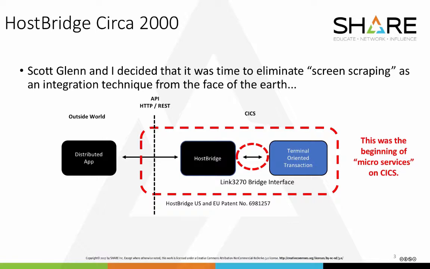And that patent turned out to be predicated on some really important IBM technology that they had just added to Transaction Server version 1, in 1999. It was called the Link Bridge Interface. It was the first time ever that IBM had created an API under the covers of CICS that would allow a program to interact with a terminal-oriented application before a 3270 data stream was either expected as input or created as output. So we globbed onto that and just ran through that window with the help of IBM as fast and hard as we could. So at about 2000, this was the state of integration.